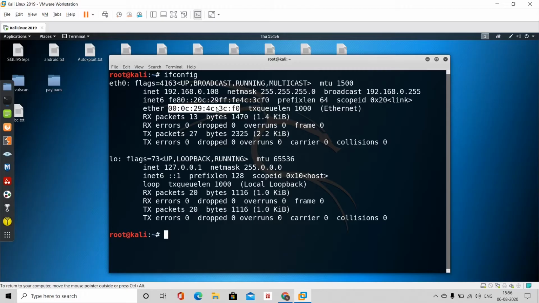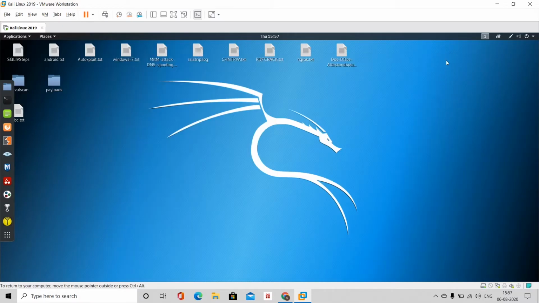So how to solve this problem? I will tell the solution to the students who face this problem of not getting an IP address in IPv4 version or IPv6 version. So what steps do they have to do? Let's start. You can just power off your virtual machine. You can see that there is no IP address assigned to your VMware.